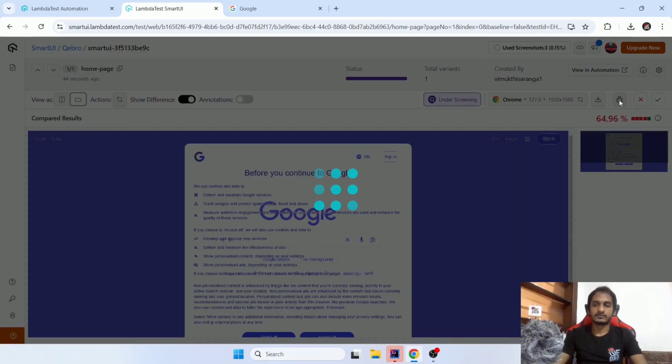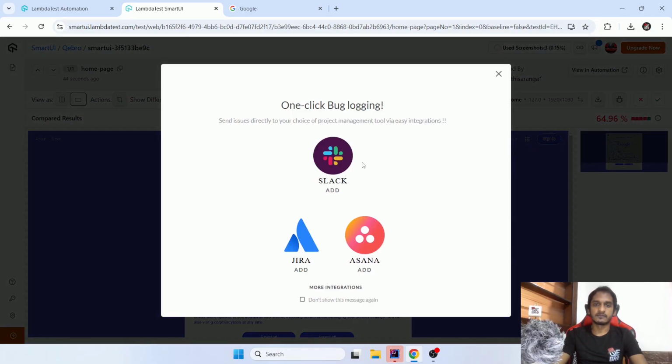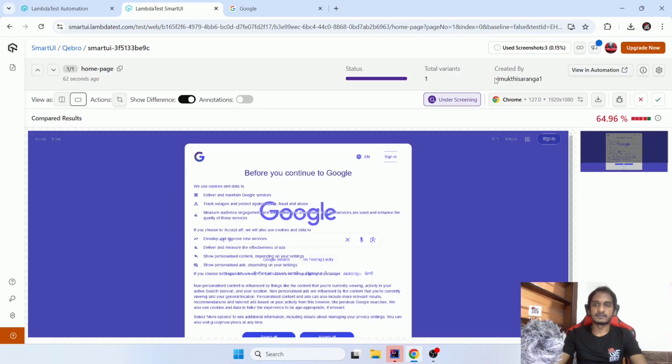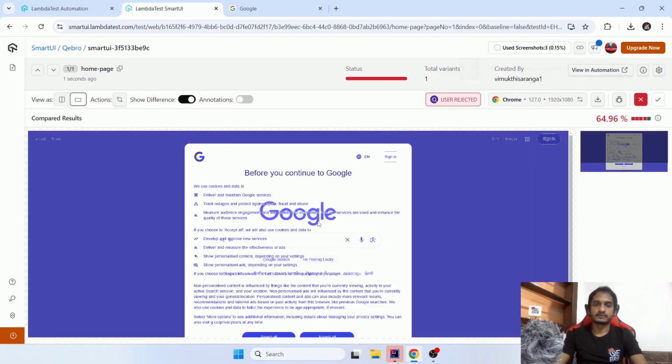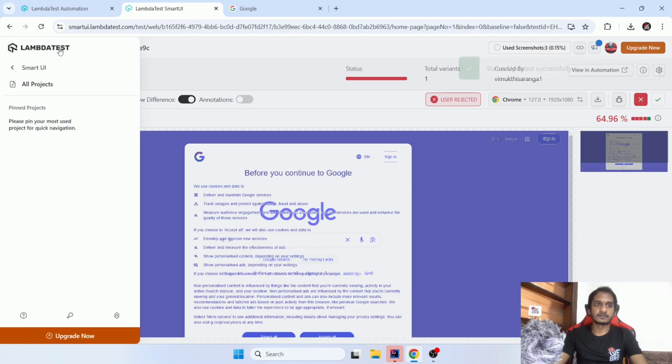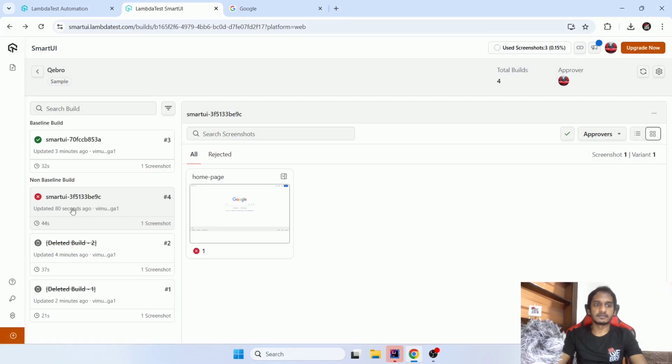And here you can also see the option to report the bug with any of your integrations. In this case, let's go and reject this one. I will reject it. Status updated. Then I will go back, and now you can see it was marked as failed. Next time if it runs and there is a difference, those things will be marked as issues directly. So that's how you can use Smart UI, the visual UI testing, with your automation and